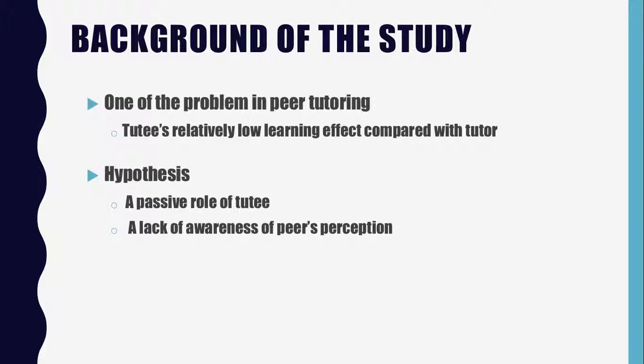So in my study, I think the passive nature of the role makes them participate less, and also a lack of awareness of peers' perception about a certain topic makes them not engage in it, which means